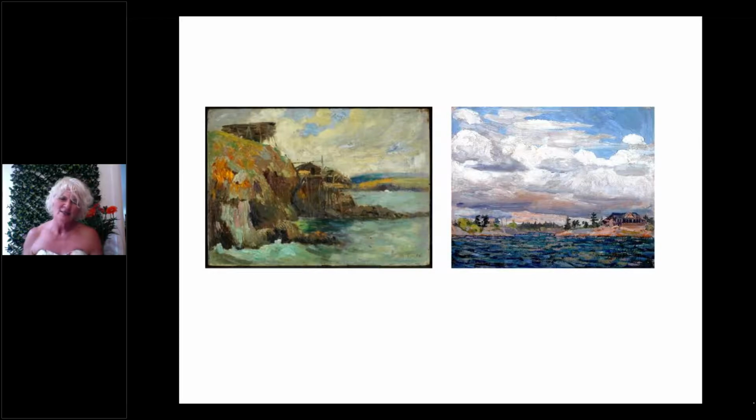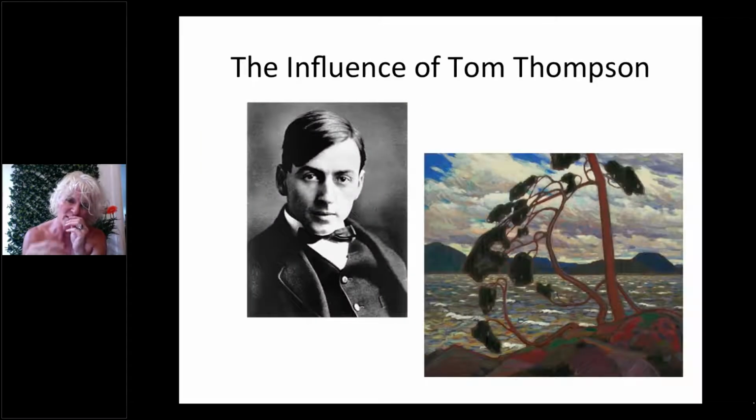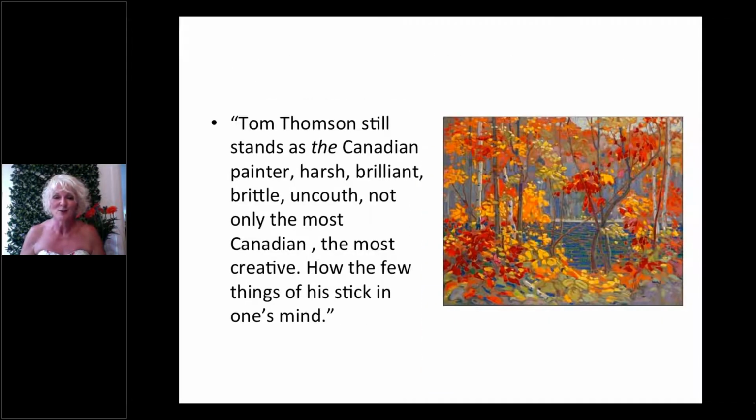There is no question that Thomson was influenced by these people, but he did something else with it. He took it somewhere else, and he would influence the history moving forward of Canadian painting. Tom Thomson is often grouped with the Group of Seven, often lumped in with the Group of Seven, but in fact, more accurately, we talk about Tom Thomson and the Group of Seven. He influenced the Group of Seven, but wasn't part of them. He came a little bit earlier, he was a little bit older. Indeed, he would lead the Group of Seven to Algonquin to do some of their painting.